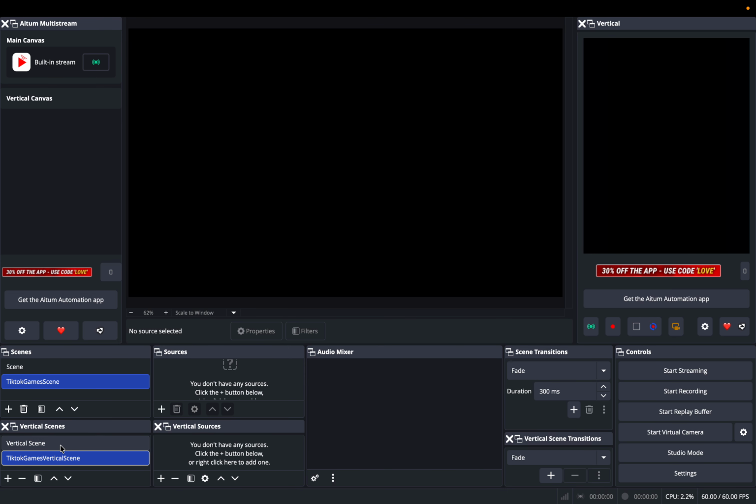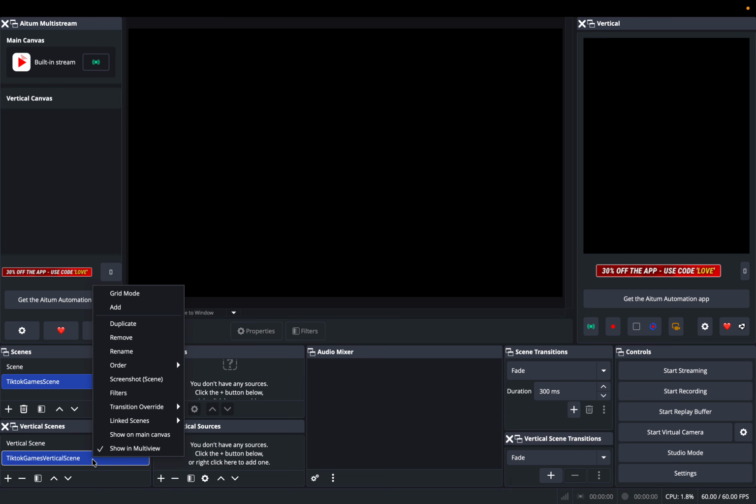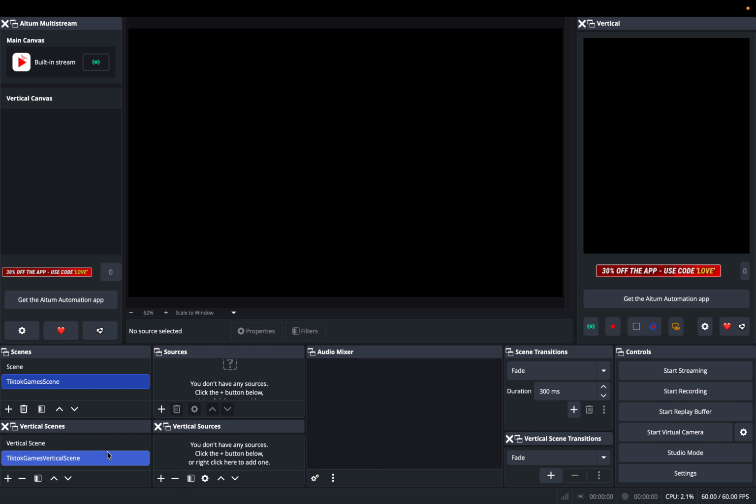So once we have these two scenes, click on the vertical scene, right click, add link. You can say link it to the TikTok game scene. As simple as that. So this means that this scene and this one are linked together. If, for example, I select this, automatically this other one gets selected. So once you've done that,